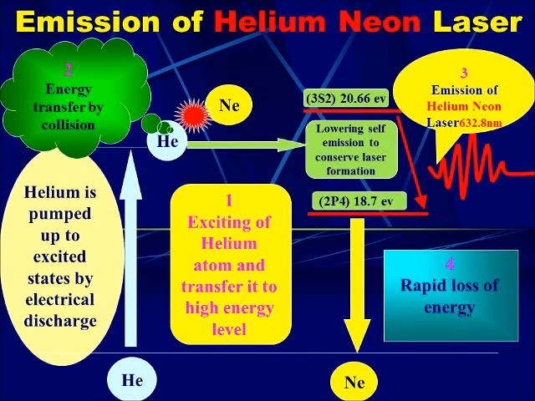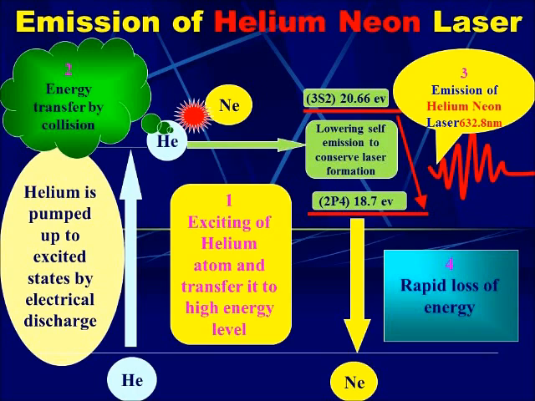This is how the emission of helium neon can be. The first part is exciting the helium atom to transfer from ground state to upper state. This can be done by electric discharge. Then a collision between helium and neon transfers the energy from the helium to neon. Then there is a drop in the power, this is the orbit which the excited electrons become, 3s2. Then the power will be